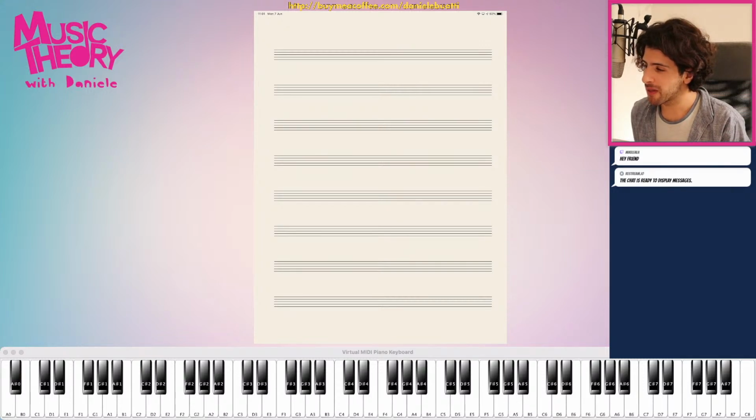The quick workaround is that all you need to do is raise the 7th. So here's my lower tetrachord of G major. Here's my upper tetrachord. The upper tetrachord is the lower tetrachord of D major, which is 5 notes ahead of G. So I play the lower tetrachord of D, and I play the remaining notes which already exist in G major.